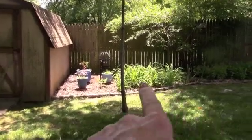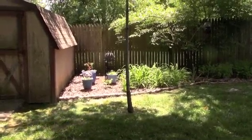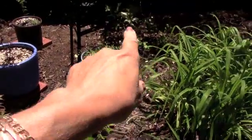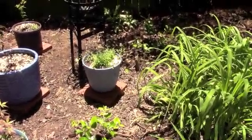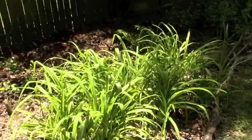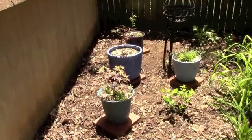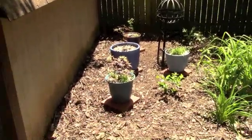And I have some daylilies here, which always bloom every year, but that'll be later in the season. Let's take a look a little closer. I've got some evergreen cuttings here. I think they're a type of euonymus, but they're in there. I have 3 of those. One's behind the daylilies, but I put 4 of my Japanese maple seedlings back here, and I think they'll do well, because this is actually a nice sheltered corner